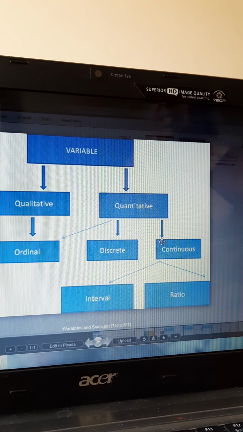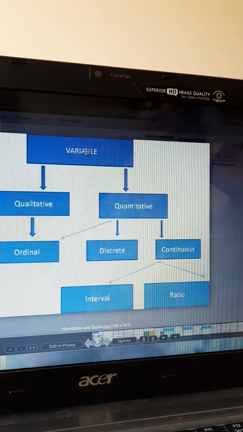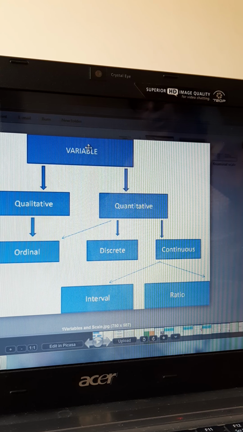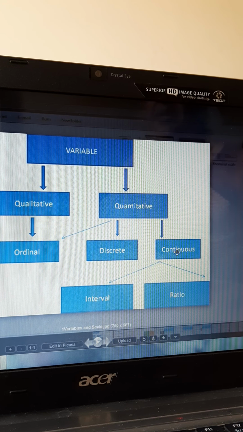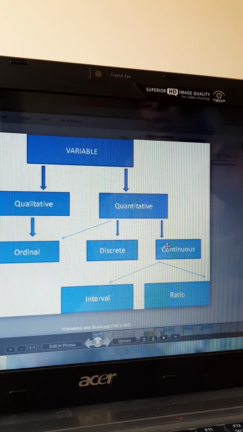Let me give you another example. We are talking about questions, variables. In your questionnaire, you can collect quantitative data in two different ways, discrete way or continuous way. I gave you one example about collecting your age. You can do it either discrete or continuous. Number 2, I want to collect data about your height. So discrete I can do or continuous.